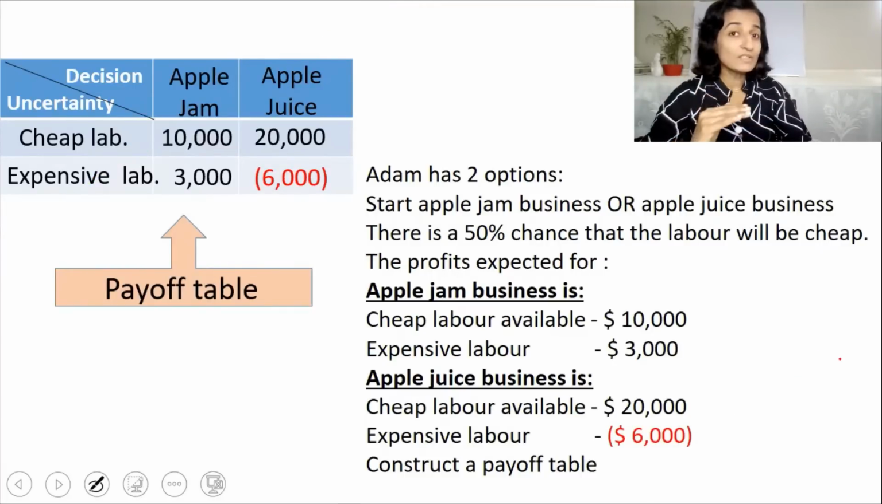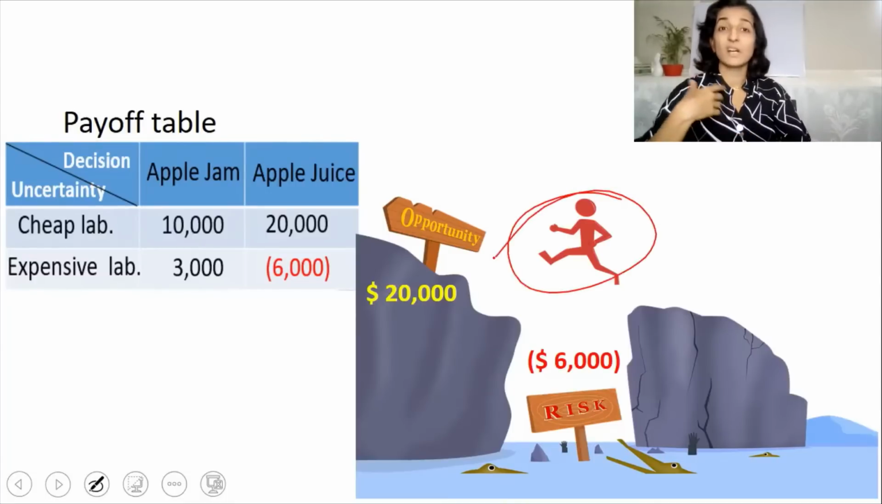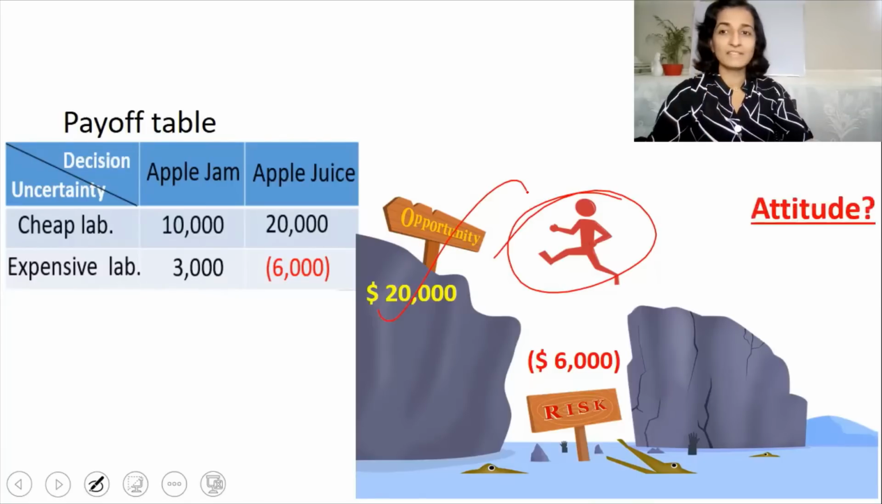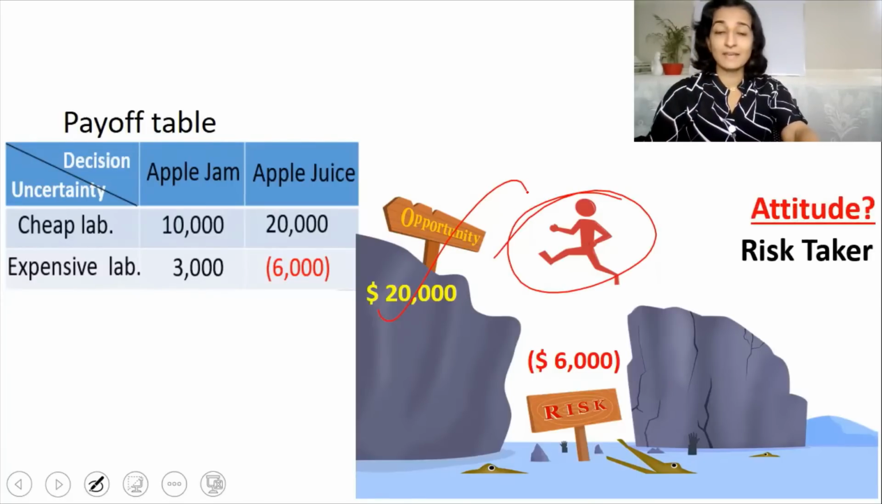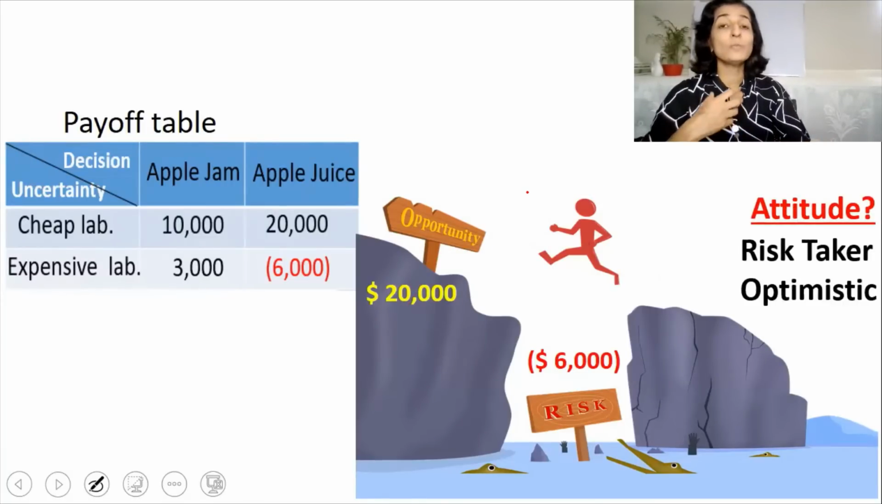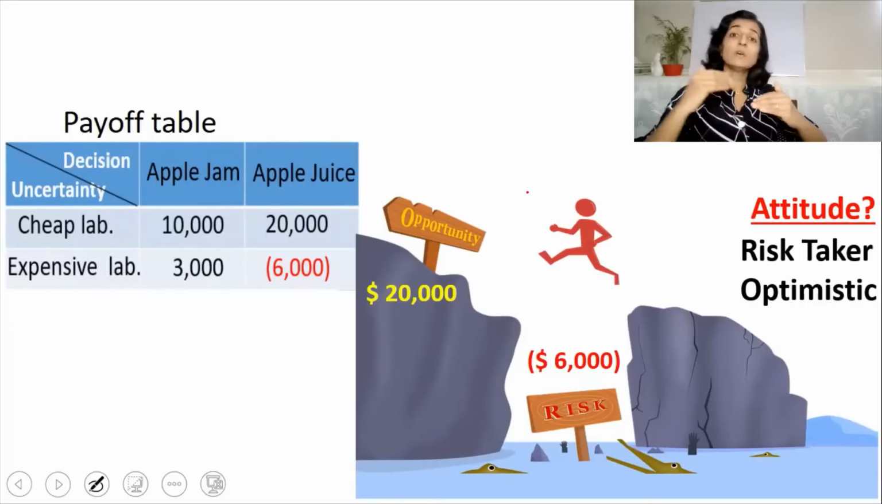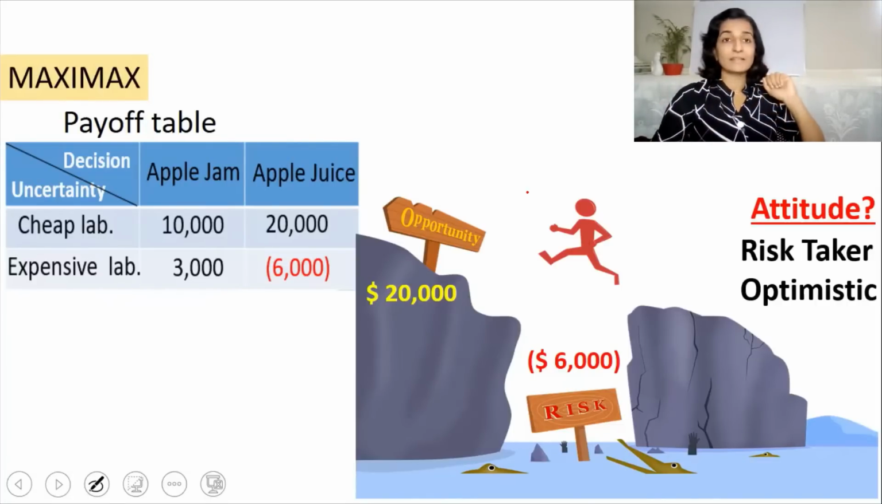Now coming to the decision-making step with respect to the risk attitude of each person. Now this person is a risk taker. He somehow wants to get the maximum profit. So what is the risk attitude? The attitude is, he is a risk taker and he is an optimistic person. Who is an optimistic person? A person who expects good things to happen in future. So the approach that he takes is known as the Maximax approach, and it is a short form of maximum